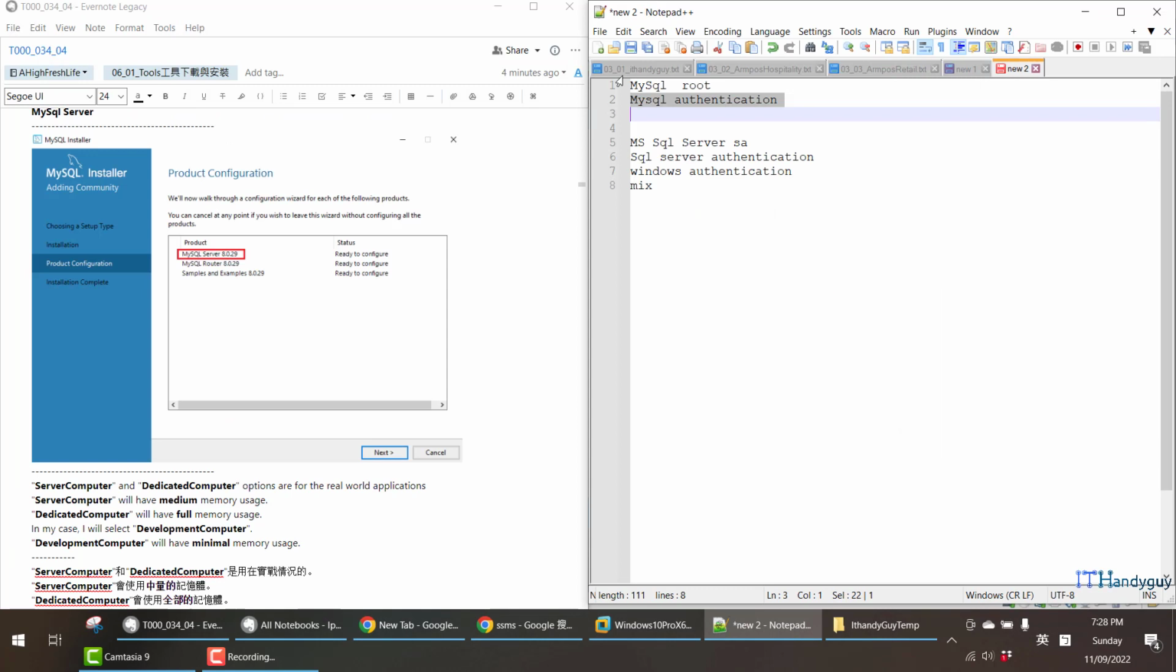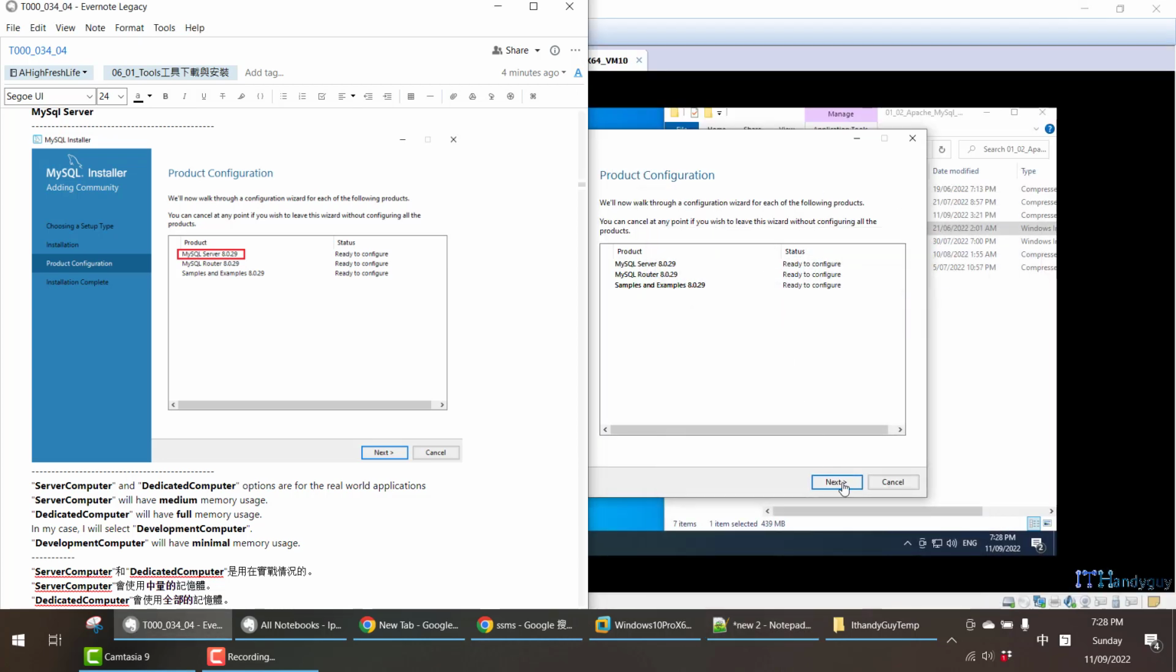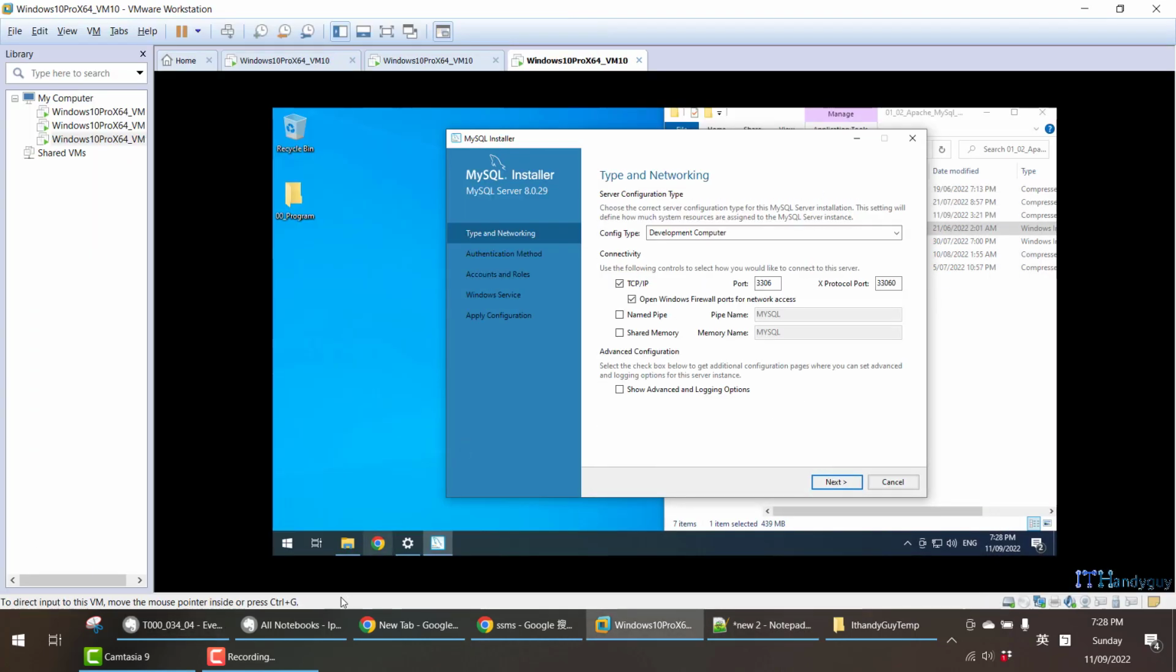And have you heard about Microsoft SQL Server? When you install Microsoft SQL Server, we normally do configuration first, and then we install the Microsoft SQL Server. But when I install MySql, they actually install first and then do the configuration. It's opposite. So I'm going to press next. Okay, in here,